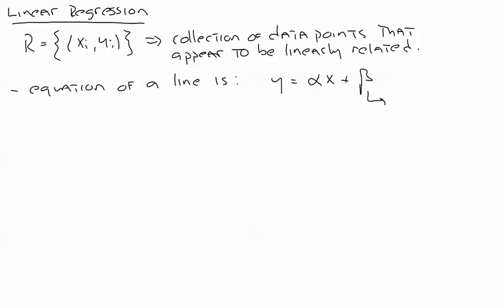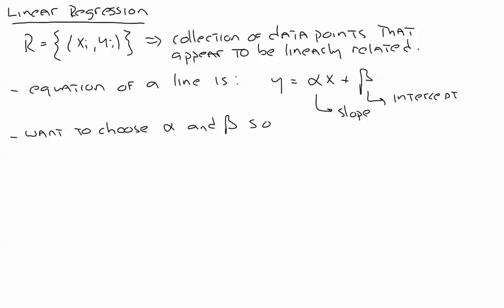Beta is my intercept term, and alpha, of course, is my slope. All right. What we are going to try to do is we want to choose alpha and beta so that